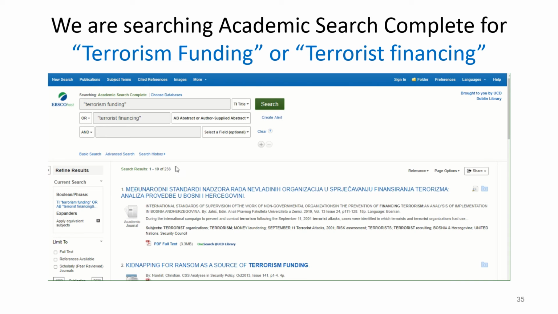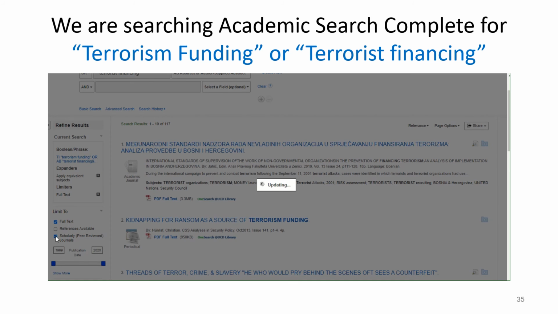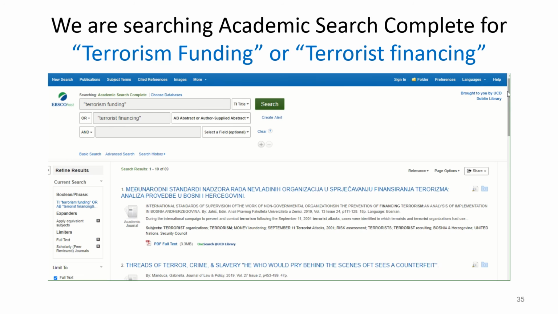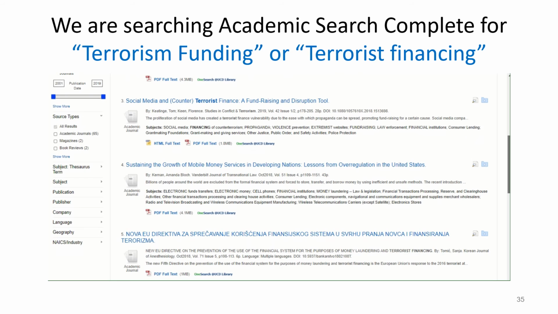So the database has come back with 238 results. So I can narrow down my results to maybe full text, and then narrow it again maybe to scholarly peer-reviewed journal articles. Another good filter to use is the subject thesaurus filter, and this can help give you other ideas as well of what other terms to narrow by. So I can see there that there's money laundering, but you could select counterterrorism or prevention of money laundering. You could select both of those. I'm going to just select money laundering